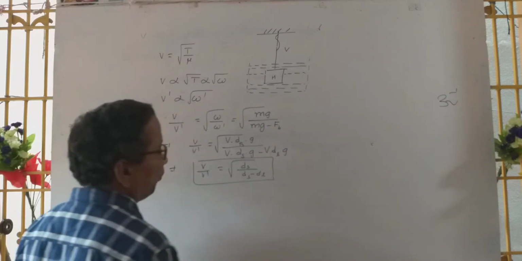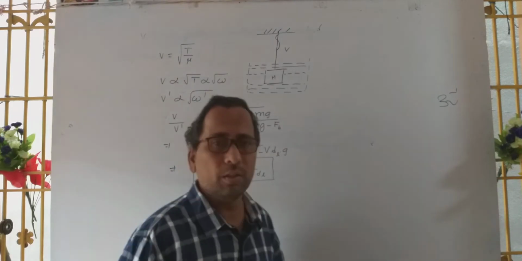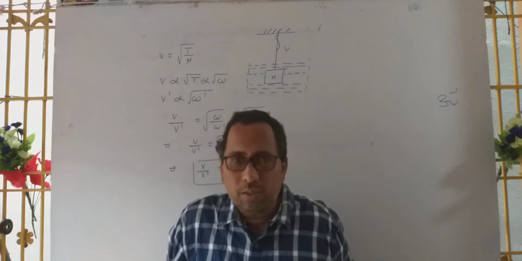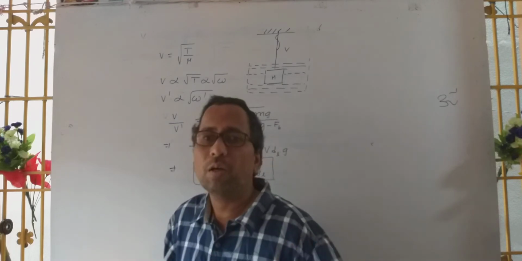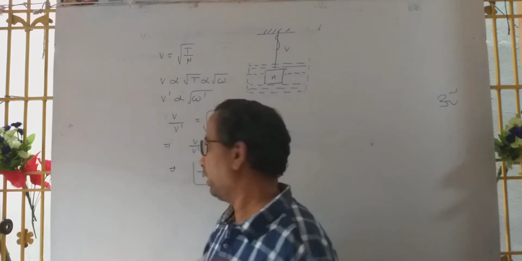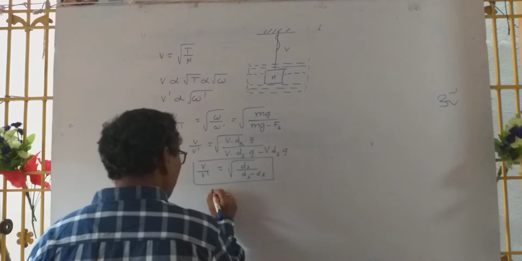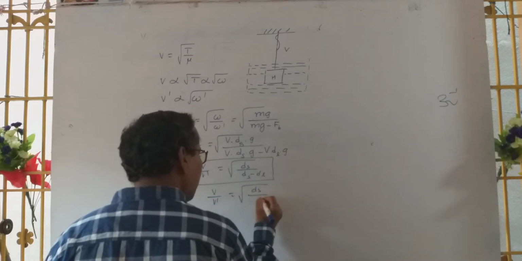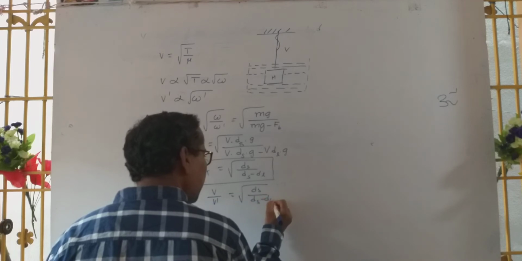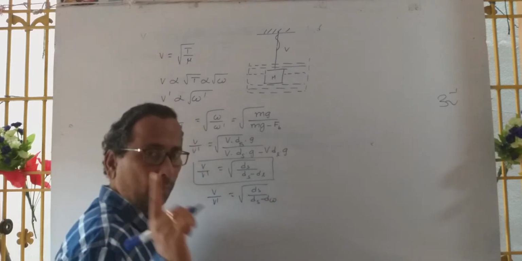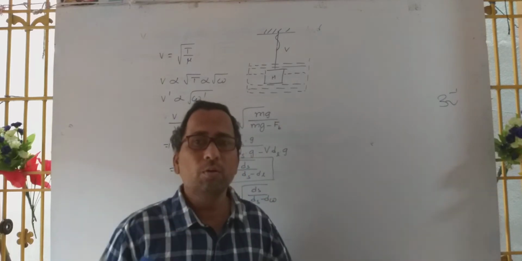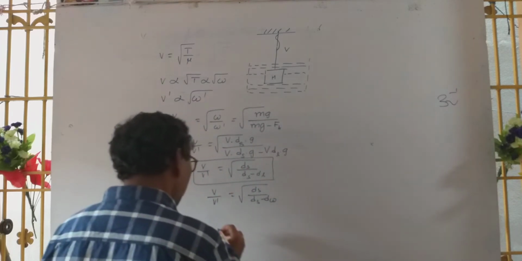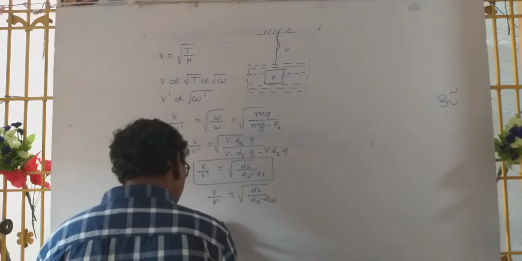Very important formula, where ds is the density of the solid and dl is the density of the liquid. If water is considered as the liquid, you can write v by v dash is equal to root of ds by ds minus dw. But one more condition, they will give specific gravity in the problems. That specific gravity that you can write